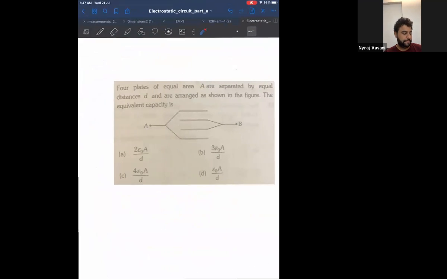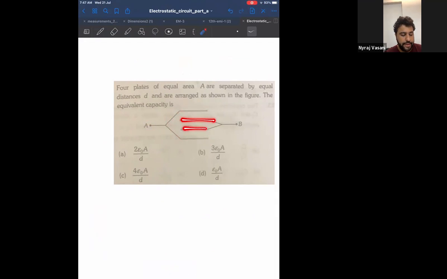See, like I told you, one logic: this is one plate and this is one more plate. If the two plates are different, I can add the factor of 1. If they are the same, I don't need to add the factor of 1. So tell me, over here and here, are the plates different? Yes. So a factor of 1 will come.